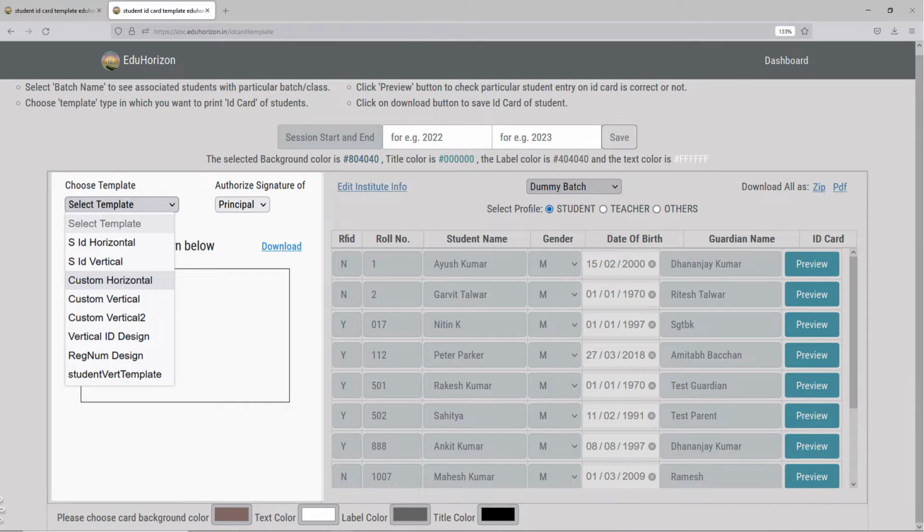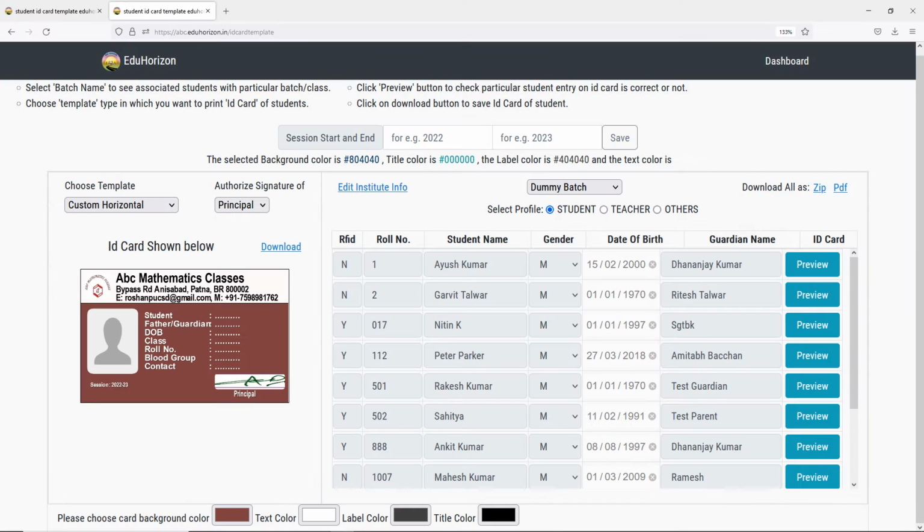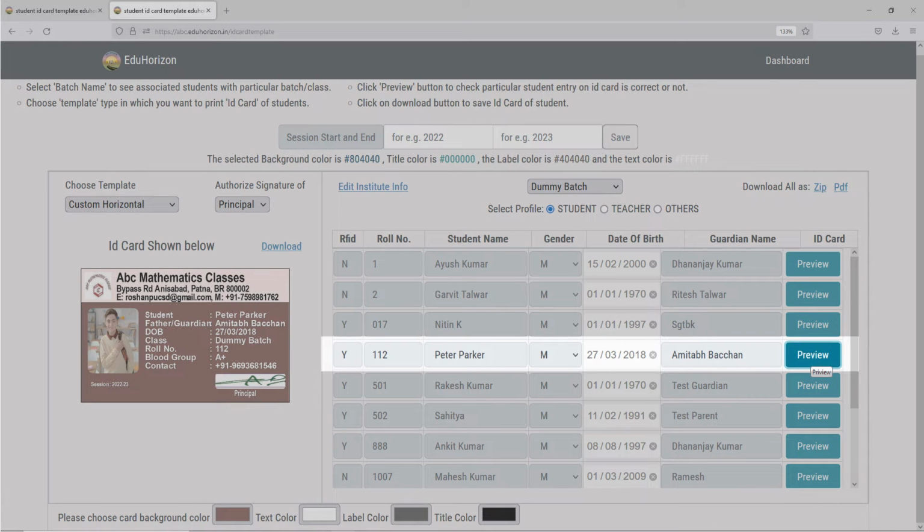Choose the ID card template, like custom horizontal or custom vertical. If you have chosen custom horizontal, this is how the ID cards will look like. You can click on the preview button next to students detail to see how the details will look on the